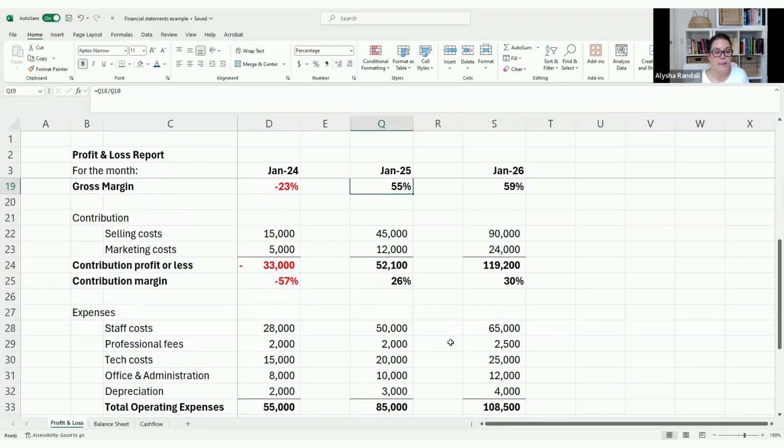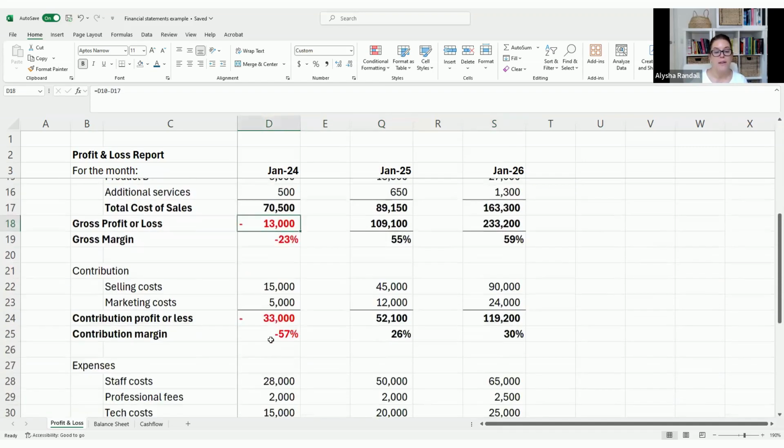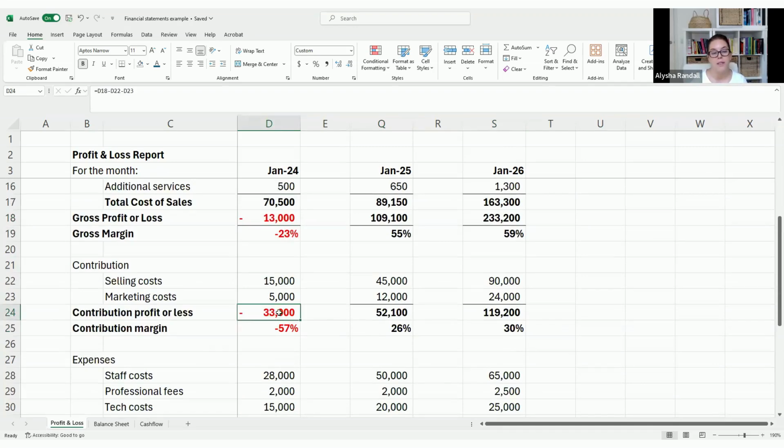Then you have your selling costs. Similar to the cost of sales, these are quite variable depending on revenue, but ideally you want your sales and marketing costs to become more efficient over time. As a startup, the first thing is you want to get this black, and then the next step is to get this black. This one can sometimes take a couple of years, particularly if you have fundraised and you're throwing lots of cash into sales and marketing. So this one might be red for quite a bit longer than this one,